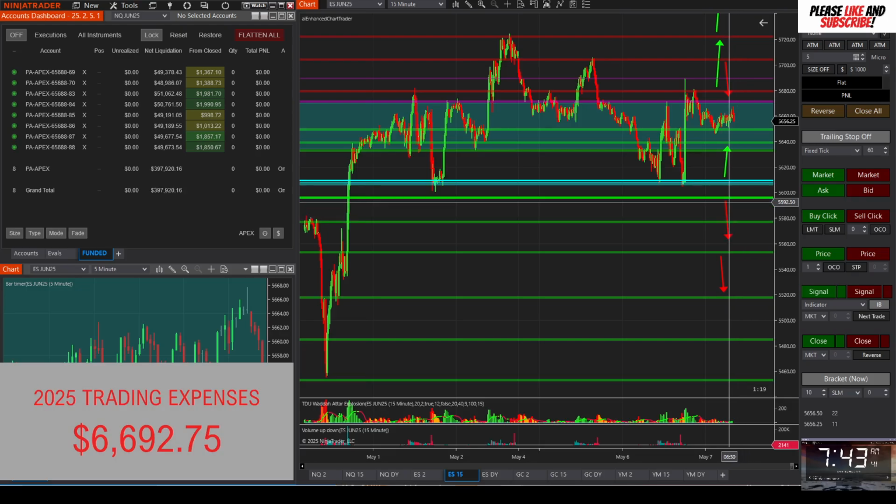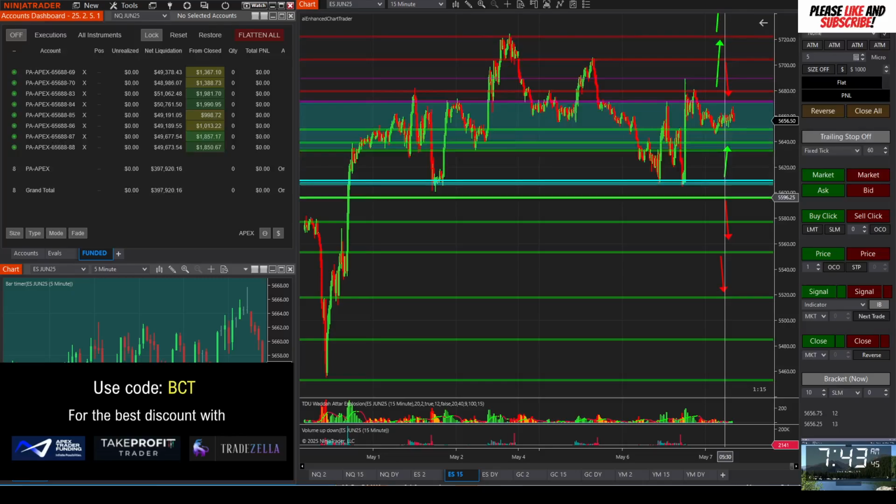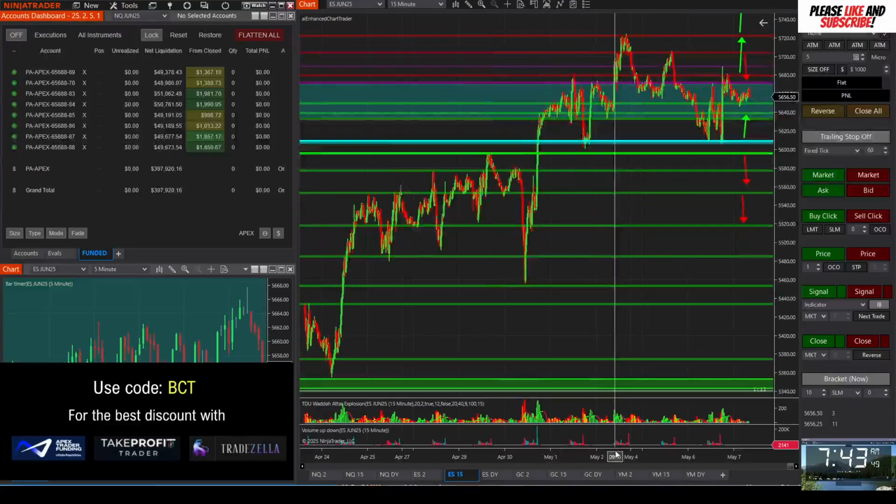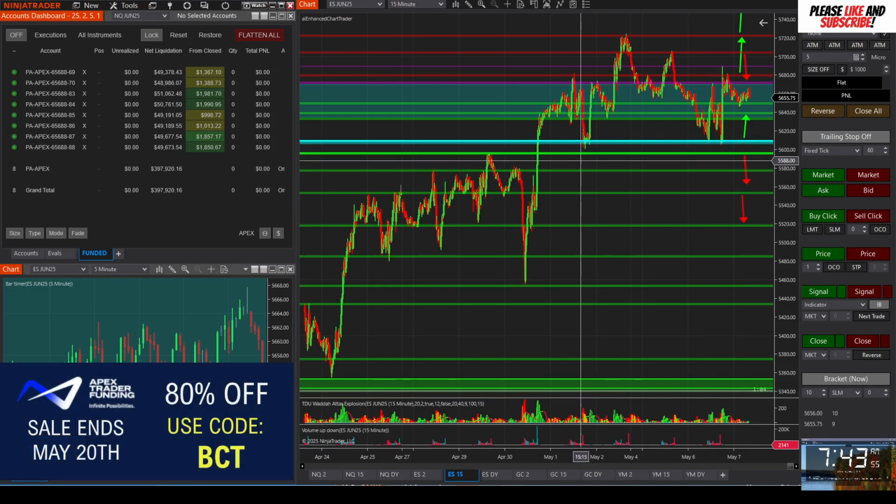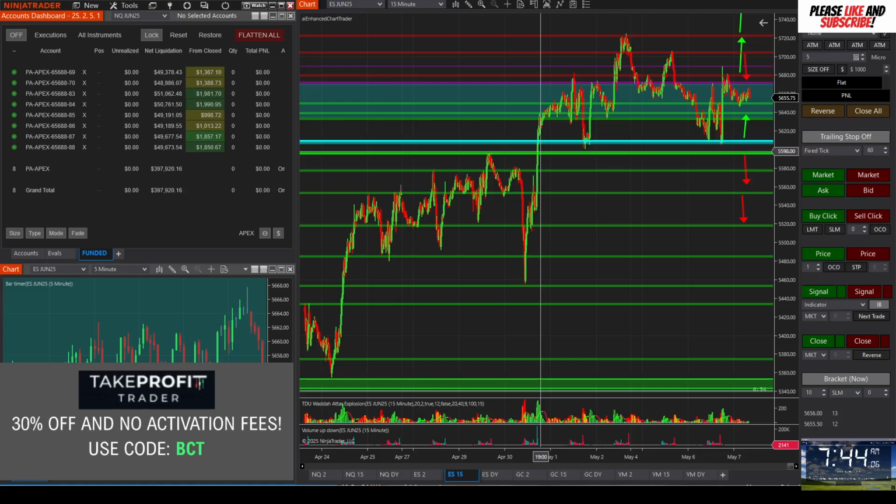Again, maybe the other setup here would be looking for shorts, maybe off the daily 50 or off this major flip area at the 55.97s. That is this major. If we lose this, you're really setting up some nice shorts. I mean, we have had resistance, we broke through it, and we have not fallen below that level since we broke back in the first part of May here. So that's a pretty big area.